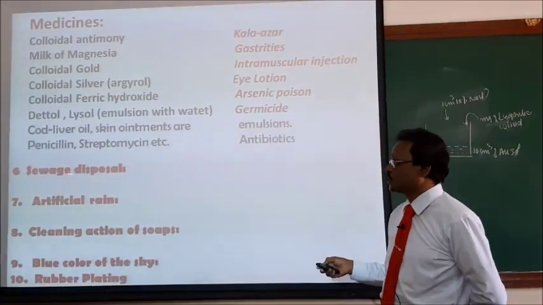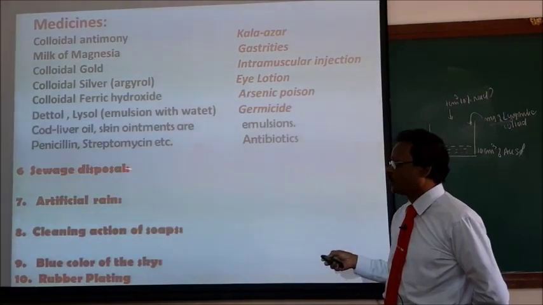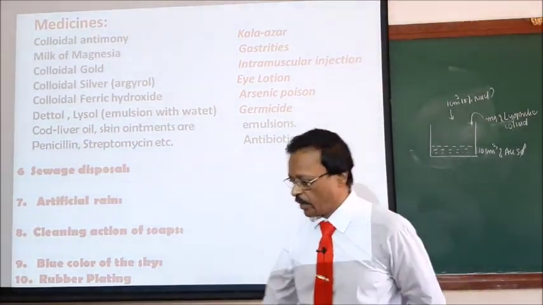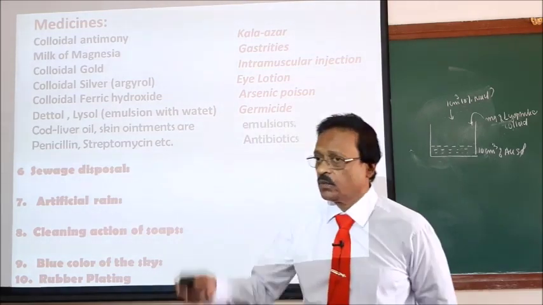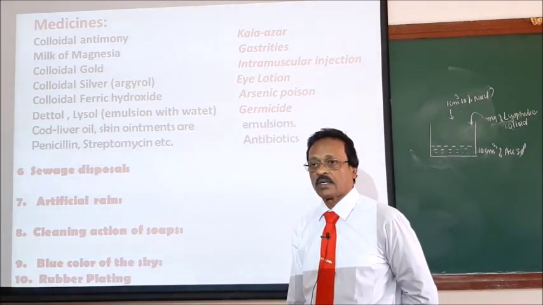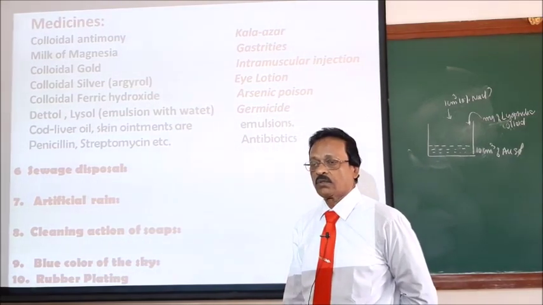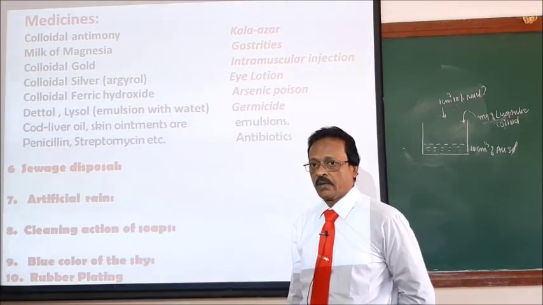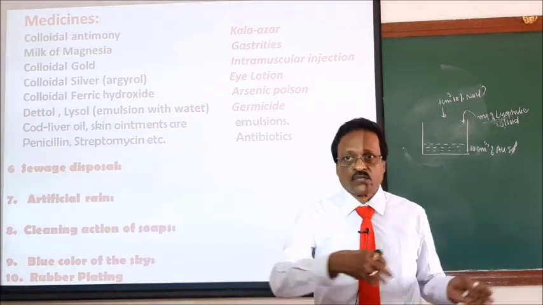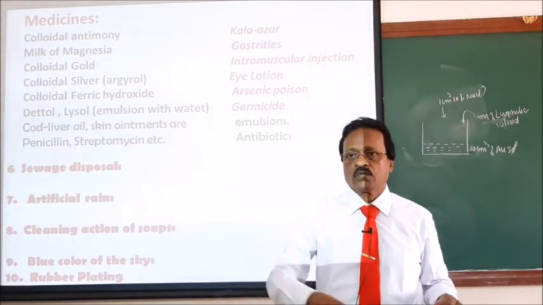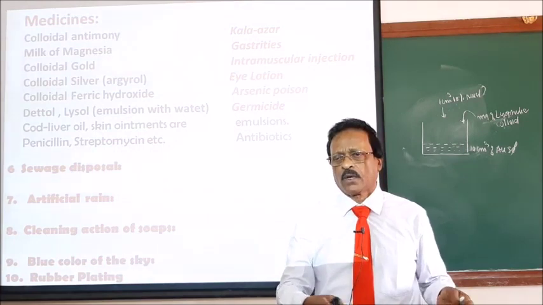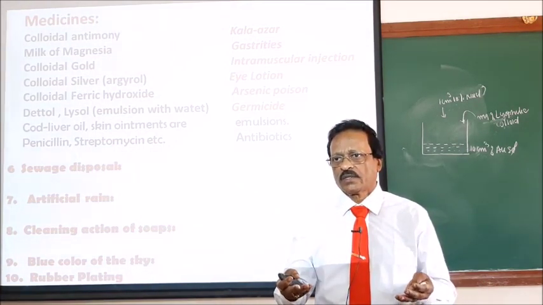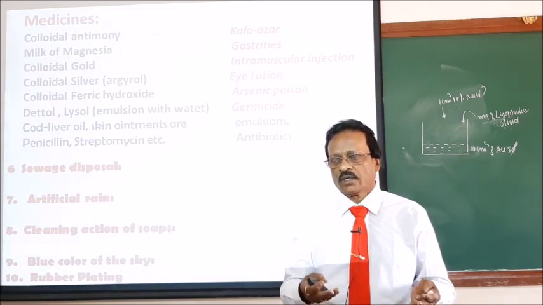Sewage disposal is one of the very burning problems in present-day civilization. It is not a big problem in small cities like Davangere. You go to big cities like Bangalore, Kolkata, Bombay. If you go from Bangalore to Mysore, near Kengeri, you can see how the sewage water is flowing. Sewage water is flowing into the big Tungabhadra river. Lots of domestic wastewater, which is called sewage, is not fit for use.